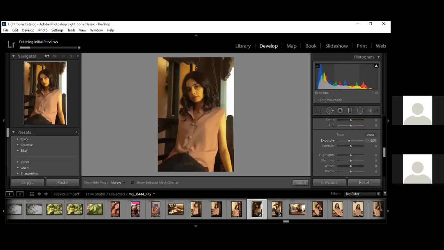And now it's working. Contrast, as a lot of you would know, gives a very sharpened effect to your picture, and the blacks and the shadows are about darkening the blacker parts. So you see the wood is getting darkened. And the second last thing that I'm going to mention is